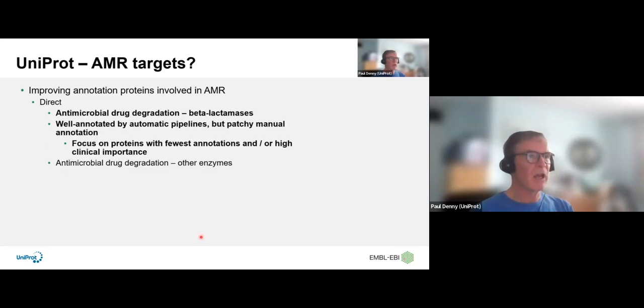Why did we choose beta-lactamases? Well, they're a huge number of proteins which belong to this class of enzyme. They are very well annotated using the automatic pipelines in UniProt, but at the time that I first got involved in this, some of the annotation, the manual annotation, was a bit patchy, and so I made a decision to